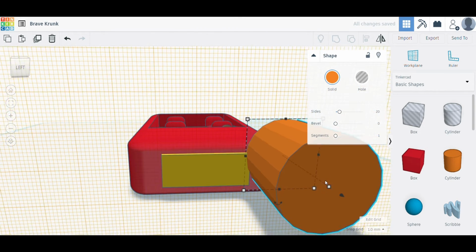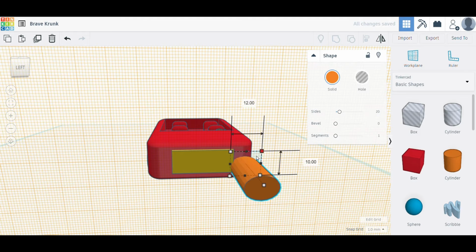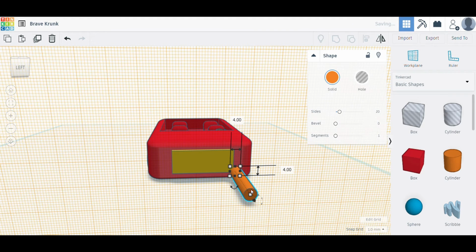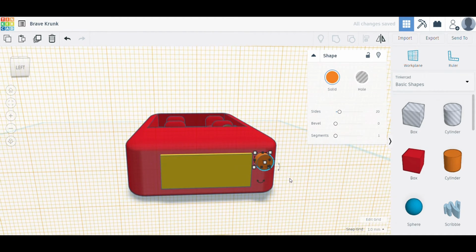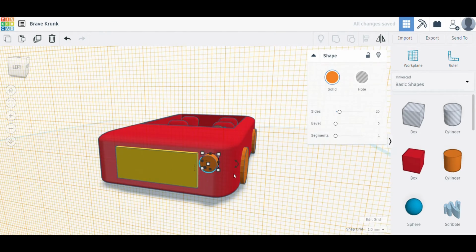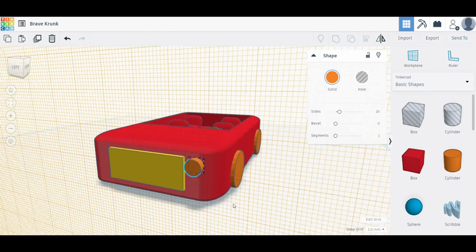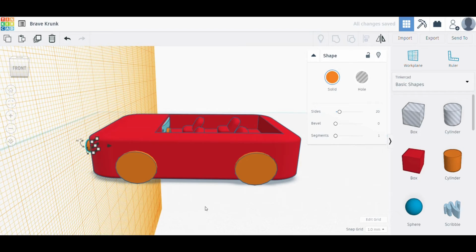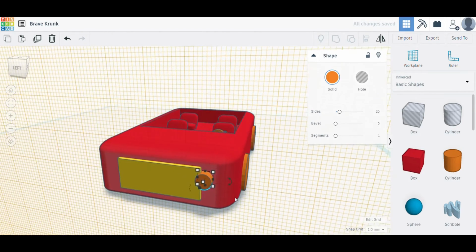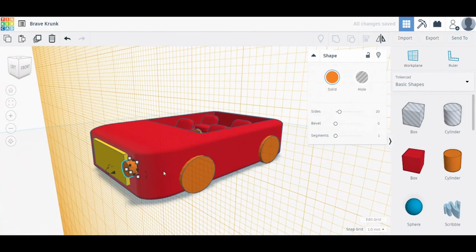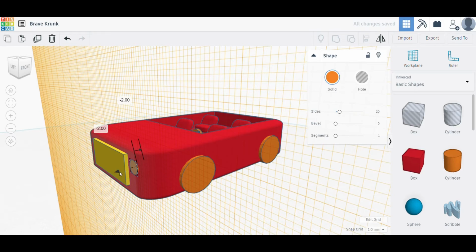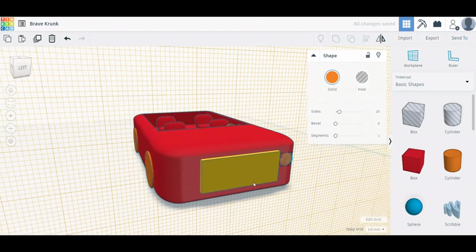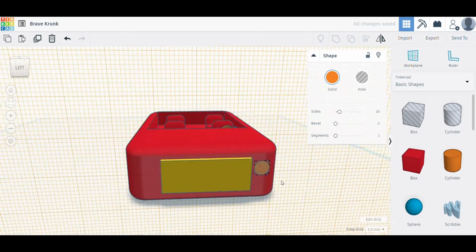These colors look fine. Now let me add some cylindrical headlights also. Again, you can just adjust them a bit, and it looked fine.